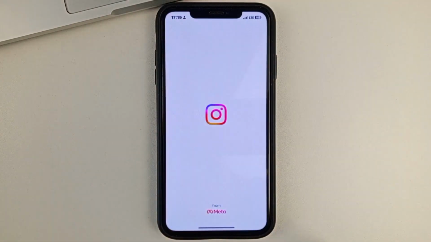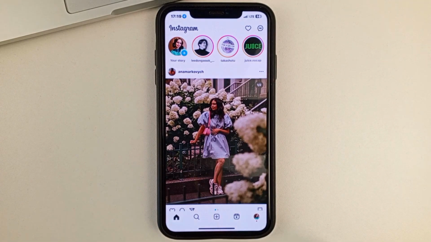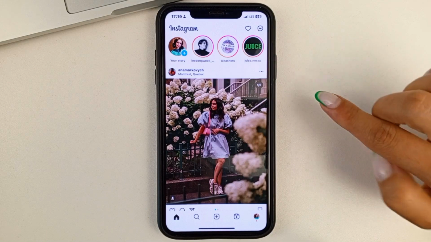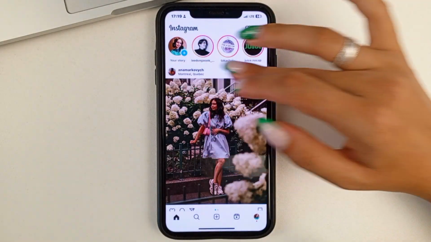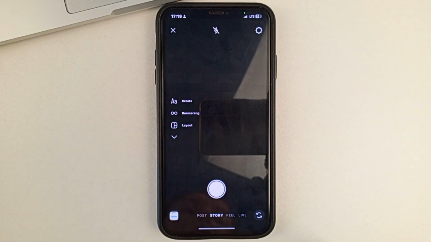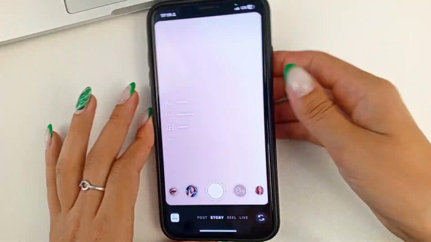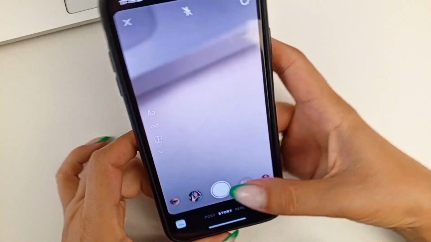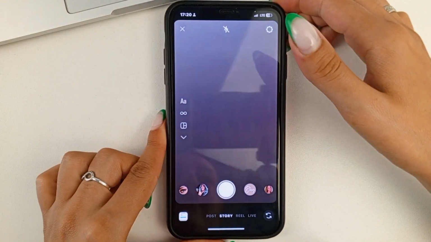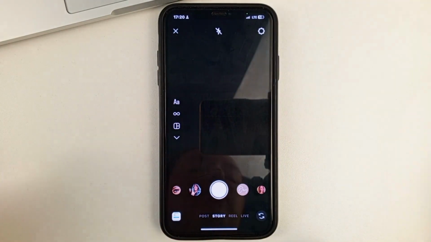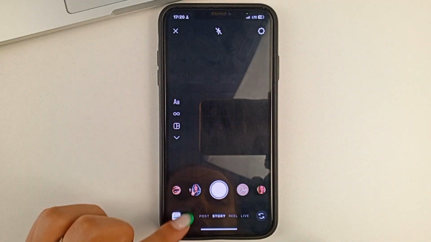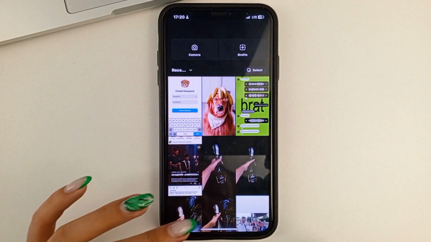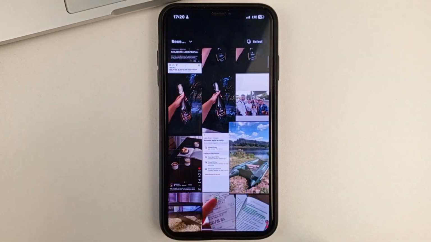So friends, please open the Instagram app on your device. And then you're going to have to swipe from the left side to the right side to go to create a story. That's how it's going to go, like this. You're going to go to create a story. And this is where you can either just take a photo or take a video if you hold down this button, or you can select some photo or video from the gallery. To do that, click right here. Next, select any photo you want.